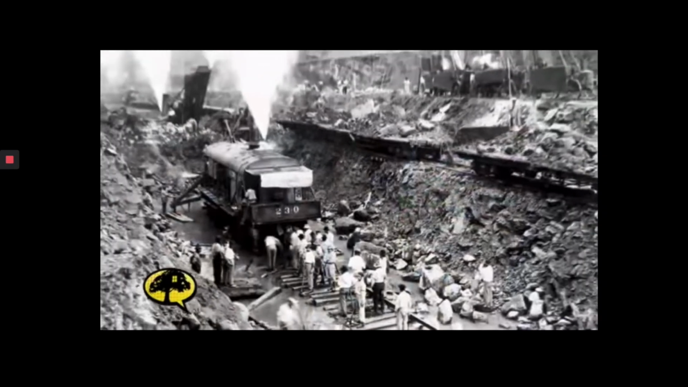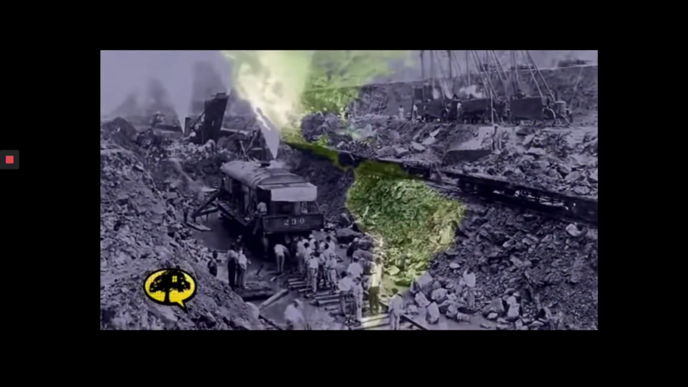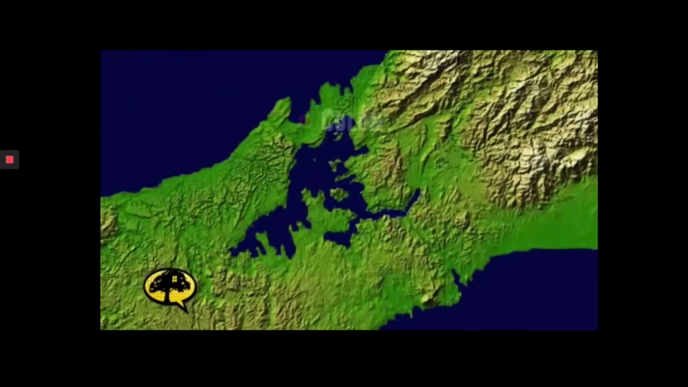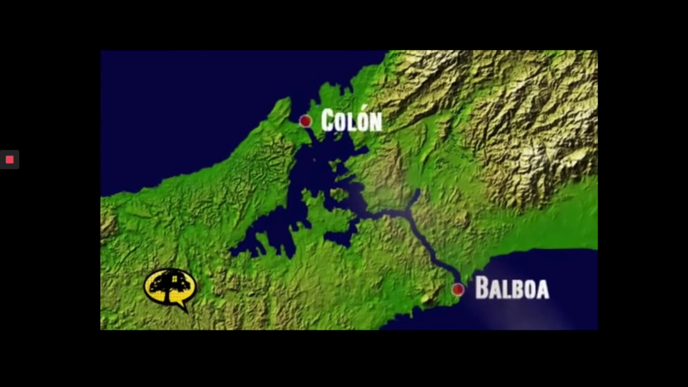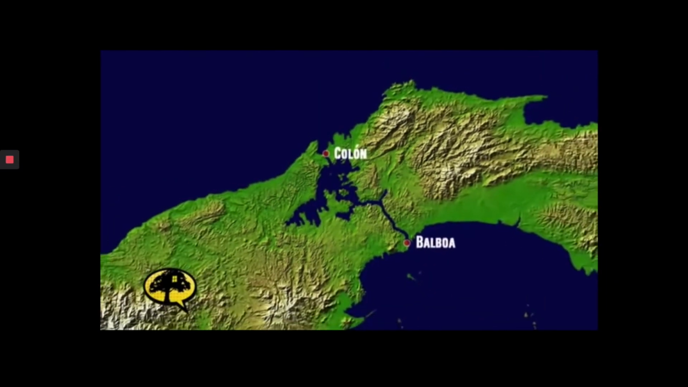Okay, let's talk about it. More than 42,000 workers dredged, blasted, and excavated a path stretching from the city of Colon to the city of Balboa. They literally cut a beeline right through the physical country of Panama. More impressive than